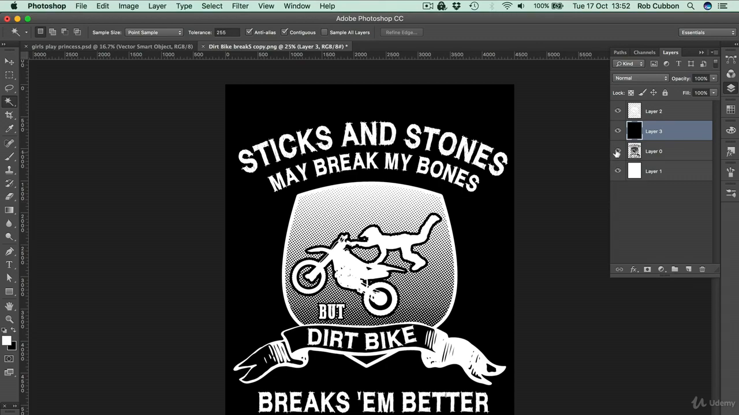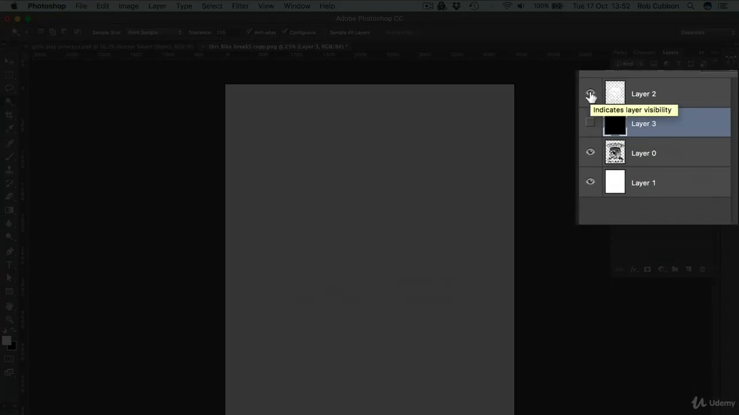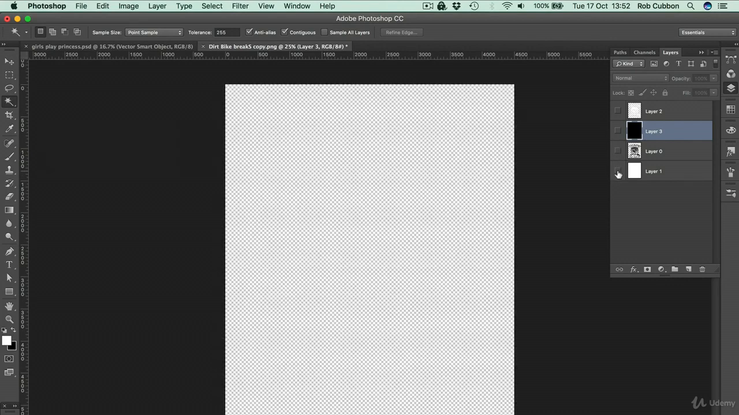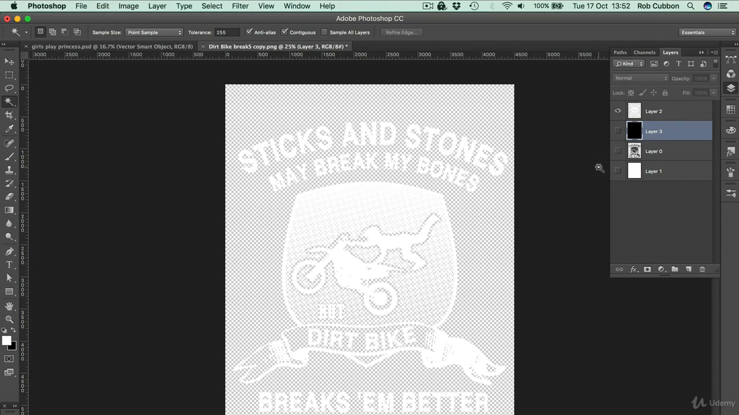We're happy with it. If I take these two layers off, we can see the black design on the white background, which we had already. I take those layers off and we've got the transparent background, put the white design on, and then we can save that out as a PNG and upload it